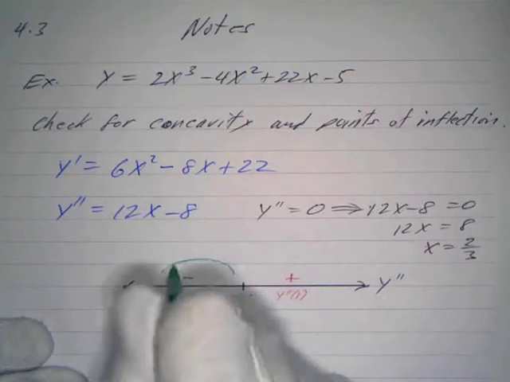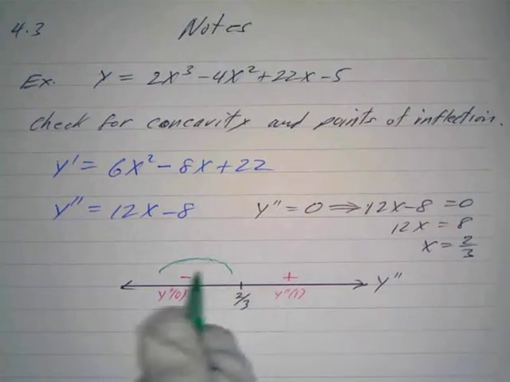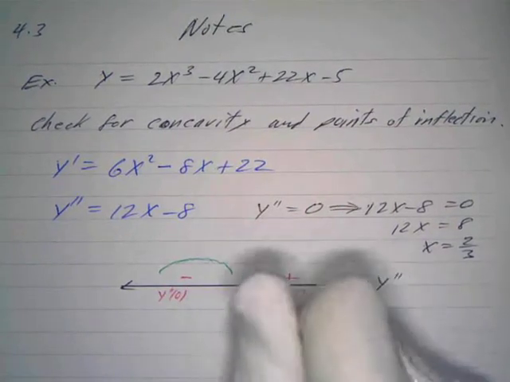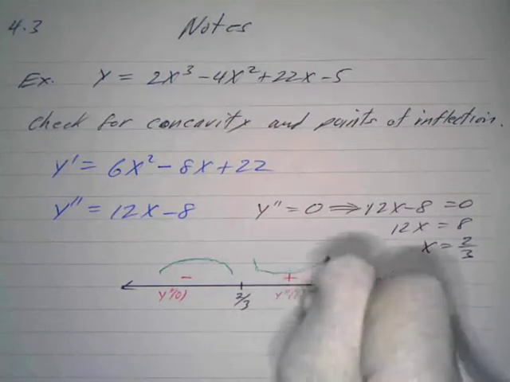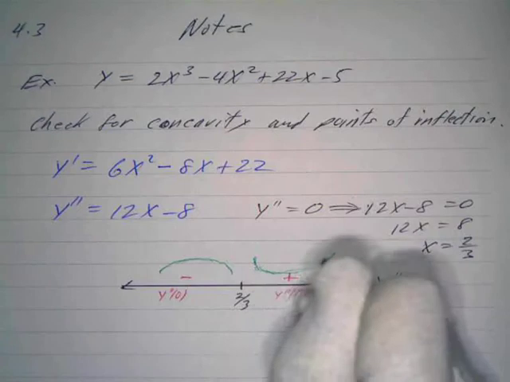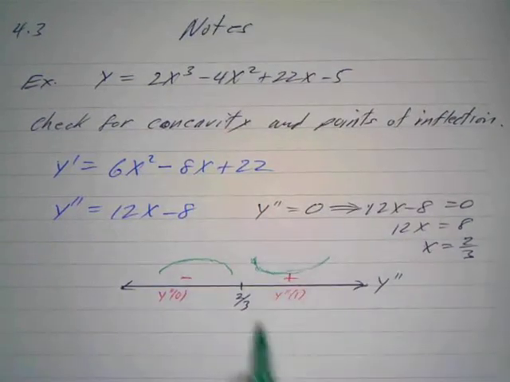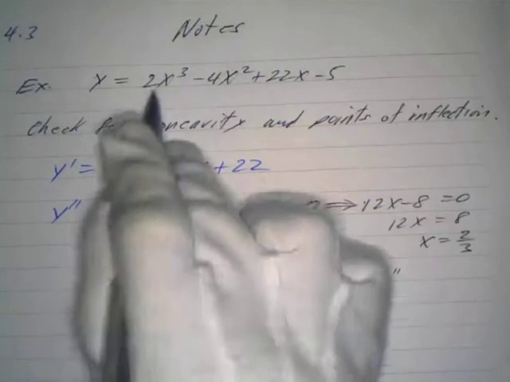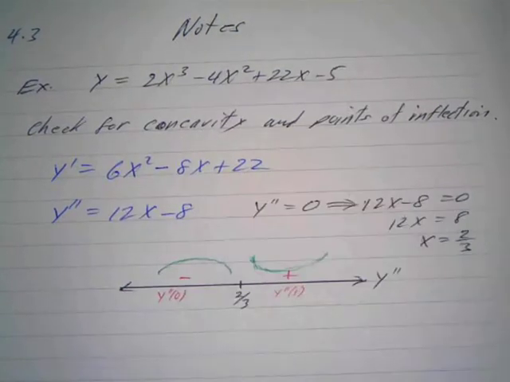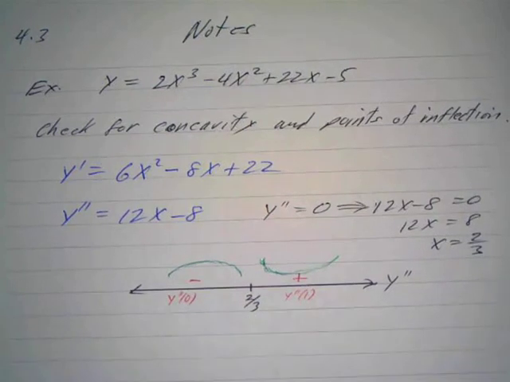It's easy: down, negative. You can say that you're frowning. Sometimes they say when it's concave down, it's negative. You have a negative attitude, so you're frowning. And when it's concave up, that means you're up, you're happy, and it's positive. So I usually draw something like this to let us see what's happening with the graph, because that's the concavity of the graph. And it looks like we do have a point of inflection because concavity changes. Now we'd have to put this value into the original function, which I don't really want to do right now. So sometimes we can just say at the x value rather than find the y value, because sometimes these are tricky. So we can say